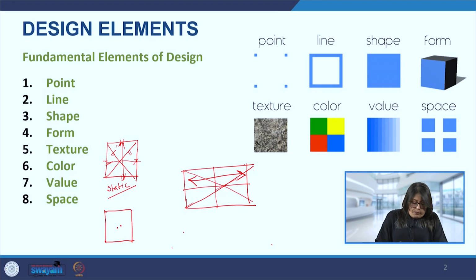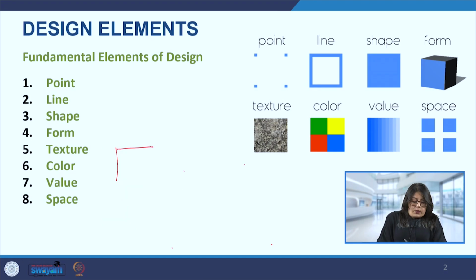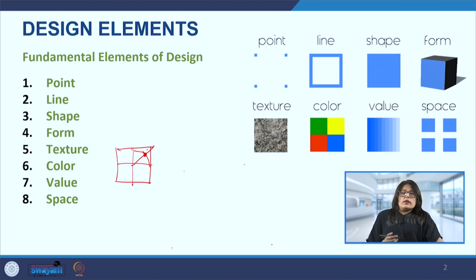So that is something that needs to be kept in mind. The other thing is that when we're talking about the square picture plane and the point, if we divide this into, say, different quadrants, maybe these four quadrants, and then I further divide, take some center point, and figure out that this point at the intersection is where I want to place my element, then logically I've arrived at where to place my point or element, so that the focus of the viewer is drawn to this particular point. So this is important.